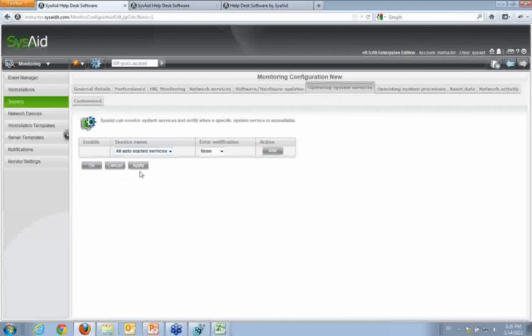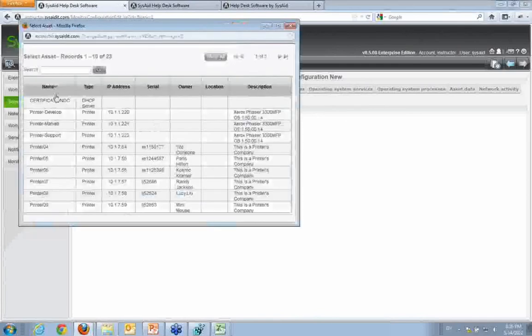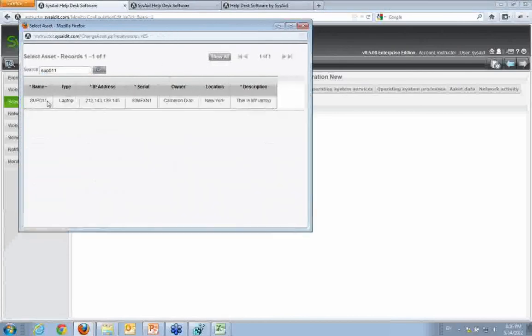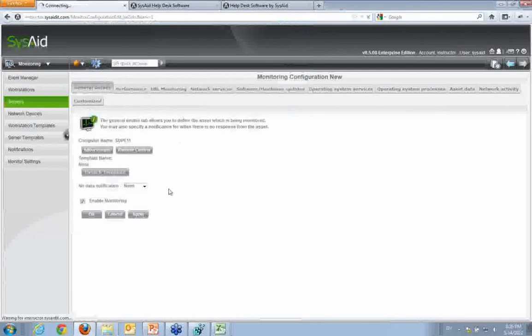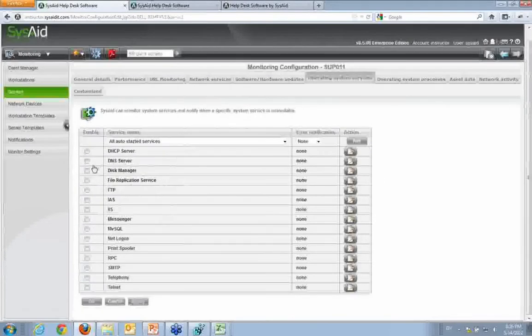I can monitor by operating system service. I want to know, for example, for a specific asset, the services that are running. In this case, we're talking about the asset SUP011. It was not saved, so SUP011. Beautiful. Apply, and I'll go to operating system services, and here automatically we see all the services gathered from the